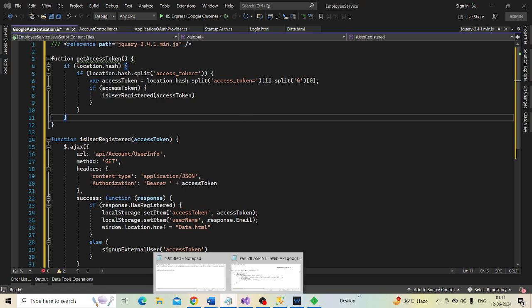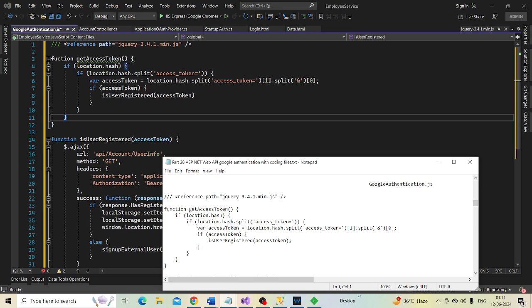Why is this showing an error? Function get access token, location.hash dot split. The variable access token looks correct. This is correct, then why is it showing an error? Is it capital or not?